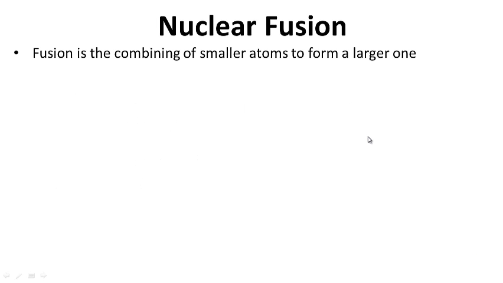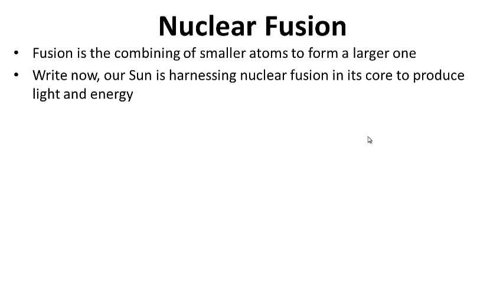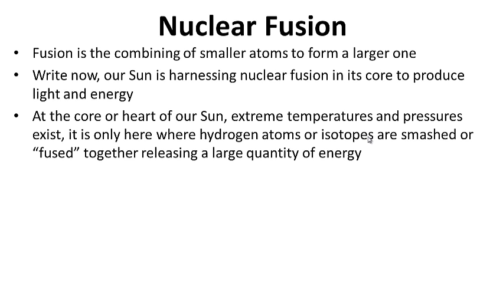All right, so nuclear fusion. Fusion, unlike fission, is the combining of smaller atoms to form a larger one. Right now, our sun is harnessing nuclear fusion in its core to produce light and energy. It is only at the core or heart of our sun where extreme temperatures and pressures exist. And it is here where hydrogen atoms or isotopes are smashed, or we say fused together, releasing a large quantity